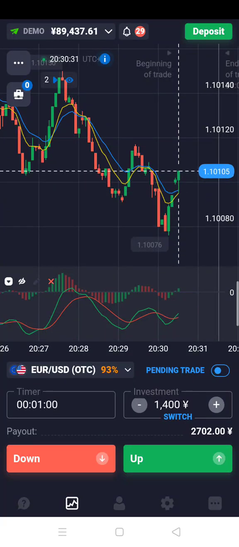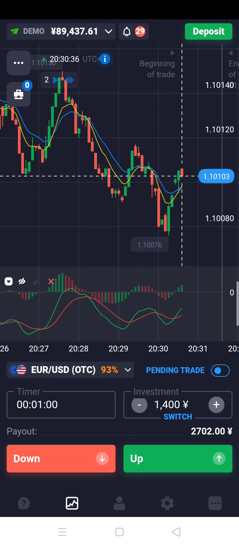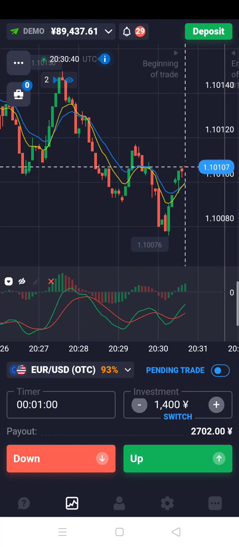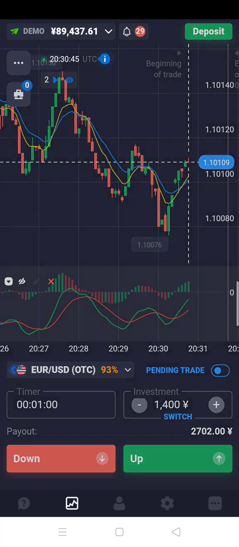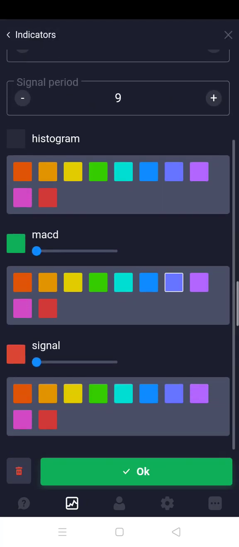Today I'm gonna show you how to trade, but we're gonna take things step by step. So, what you can see on my screen is my strategy. I use the MACD at default settings. You can see here, default settings,